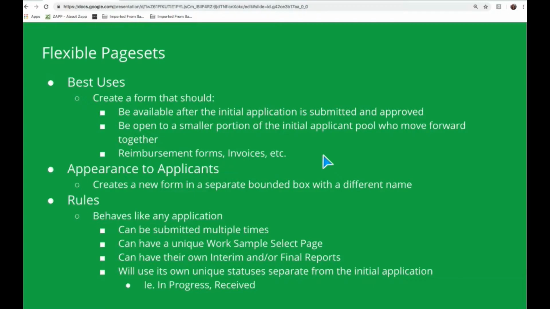All right, so that's a sub-cycle. I don't see those used as frequently, mainly because the system, to work as dynamically as it does, requires 100% of the applicants to move forward at the same time. So you go through your first application form, you decide these 20 people move forward to the secondary form. You have to make that choice at a snapshot in time, one time only, and then move them forward to this sub-cycle. And I know that trips people up a lot because then you're never able to sort of let someone in